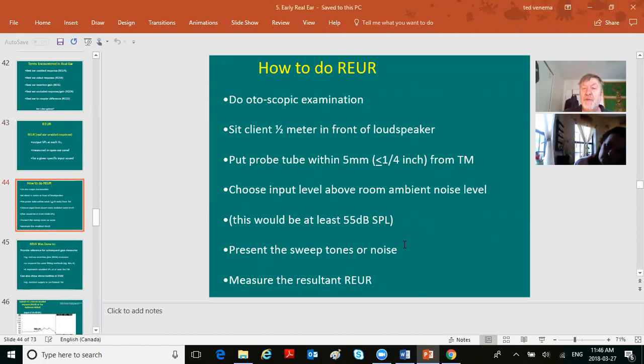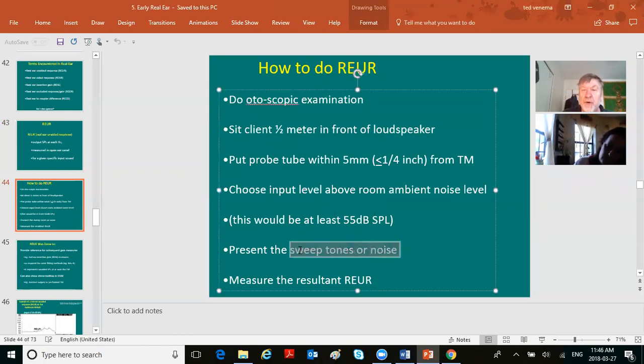And then they presented what they call a sweep tone or noise. Look what I'm highlighting there. Sweep tones have nothing to do with brooms, okay? You're not mopping up the floor. But they are tones that go do-do-do-do-do, and it starts out at 125 and goes out to about 6,000. Otherwise, it was a noise, like a composite noise that contained all the different frequencies. And then you'd measure the resultant